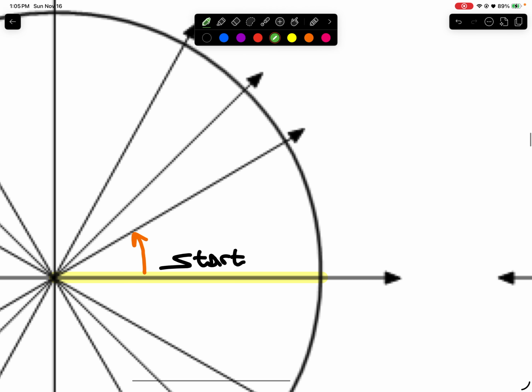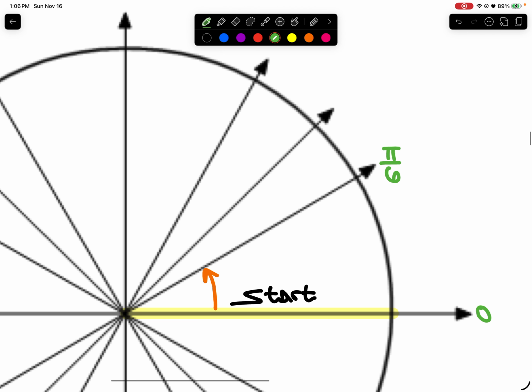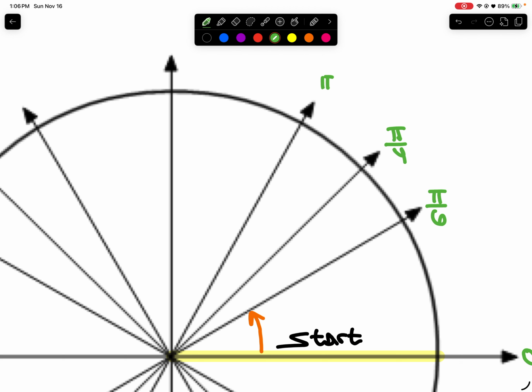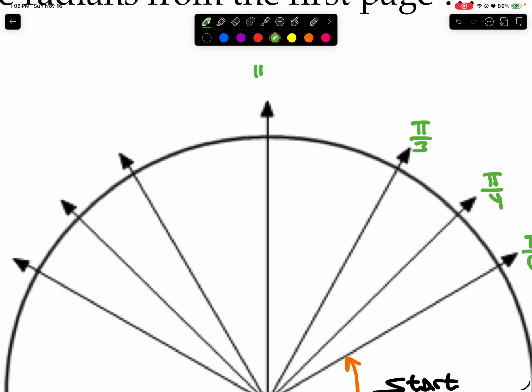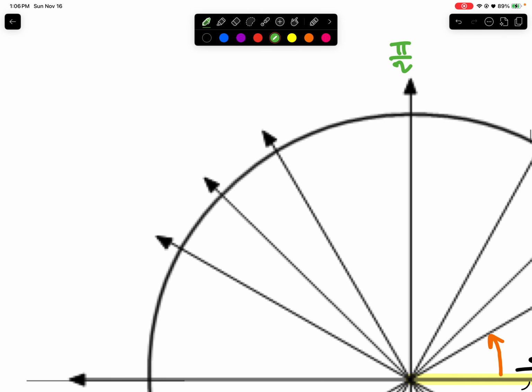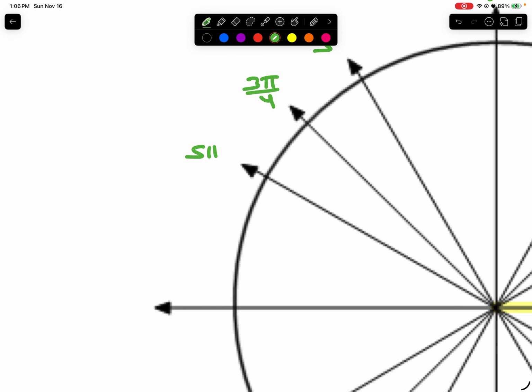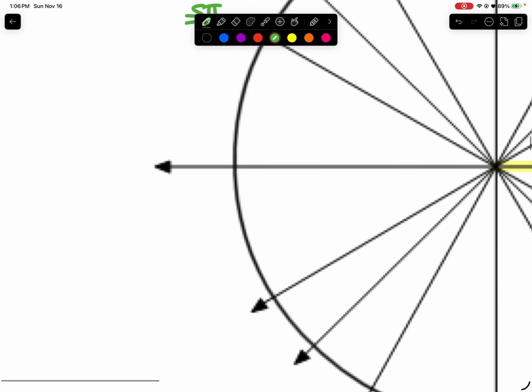So my first radian, well, we're going to start at 0 radians, and then we're going to go up to 30 degrees, which is pi over 6 radians, and then pi over 4 radians, pi over 3 radians, and then your 90 degrees is going to be equivalent to pi over 2 radians. And then we're going to have 2 pi over 3 radians, 3 pi over 4 radians, and then 5 pi over 6 radians, and then all halfway across is going to be pi radians, which is